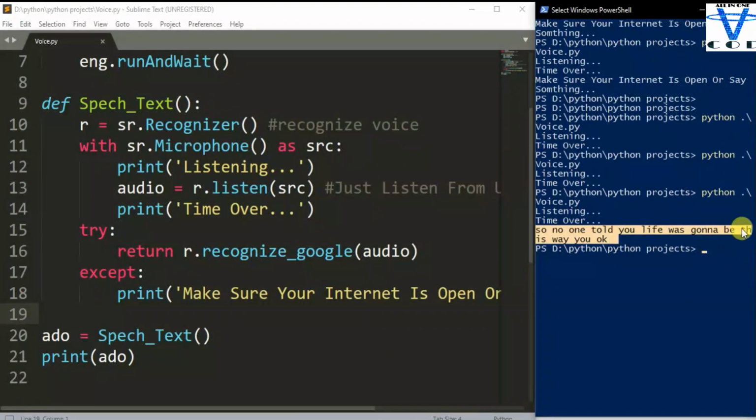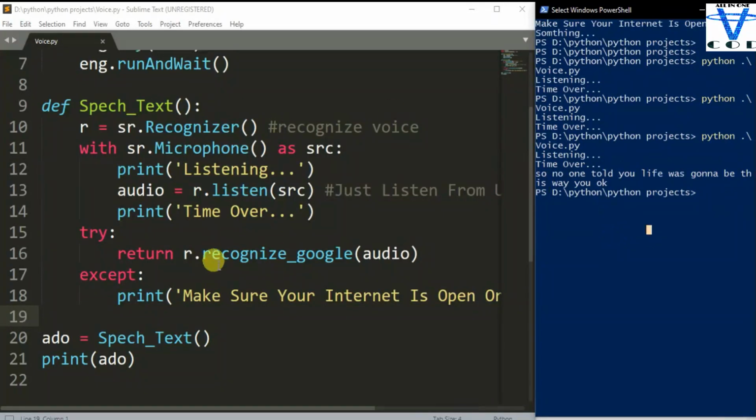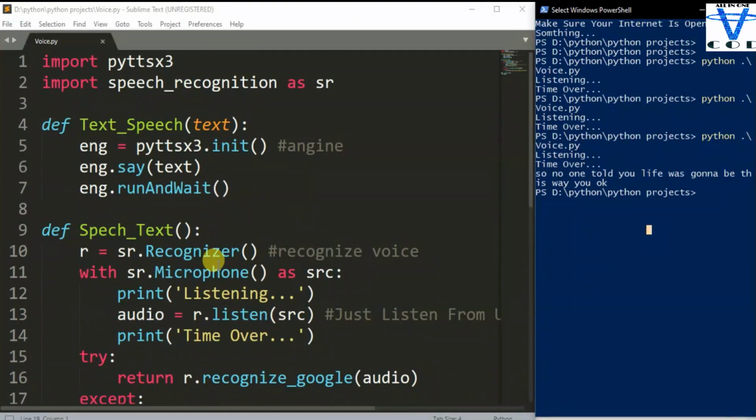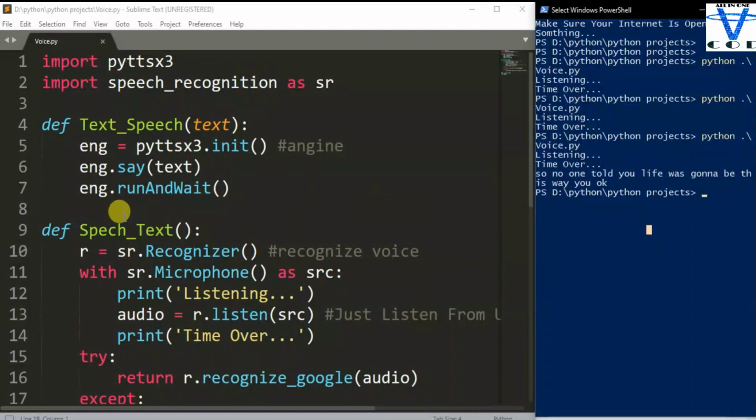So that's how you can create speech to text and text to speech. That's how you can create these two functions, and all the code is going to be available on my allinonecode.pythonanywhere.com site. The link is in the description. With these two functions, we can create an actual home assistant system using Python.